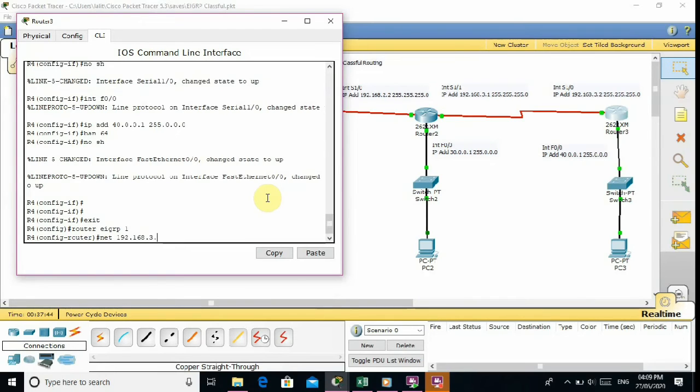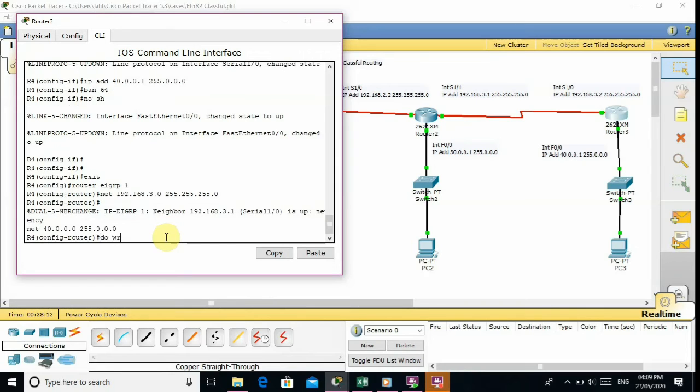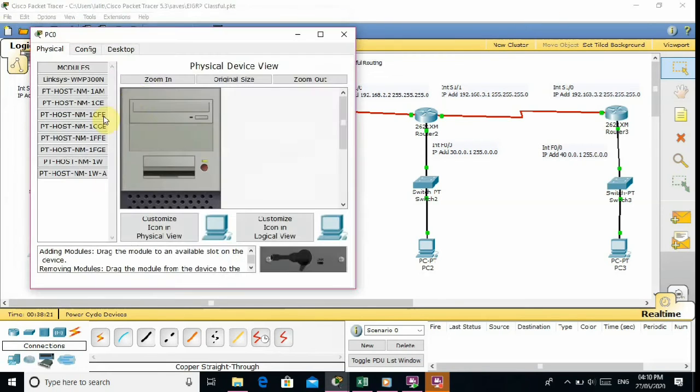This is the connectivity with router third, 192.168.3.0 and 255.255.255.0, and the second network that is the switch connected to router 4, that is network 40.0.0.0 and 255.0.0.0. Save this configuration with the do wr command. There we can see this EIGRP configuration has been done. Now we will ping.